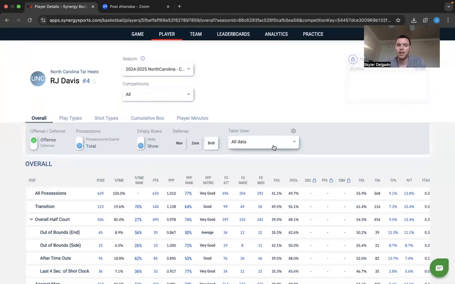So I'll explain this very quickly because it's relatively easy. We have offense, defense, very, very normal. We have the game possessions compared to everything. And then this is just to hide the rows. So if I want different rows cut off, I can hide them, or I can show them based off this. And then this is just defense where I can go man, zone, or both. Obviously, a majority of Division I is man-to-man. If you're looking for something specific,